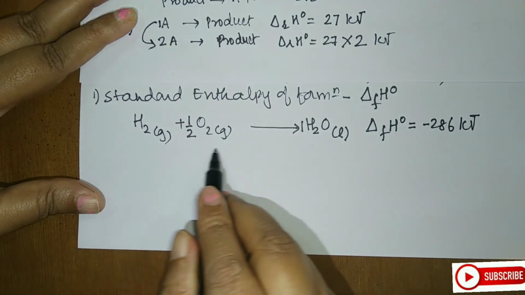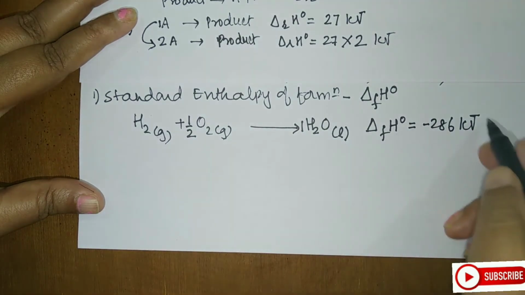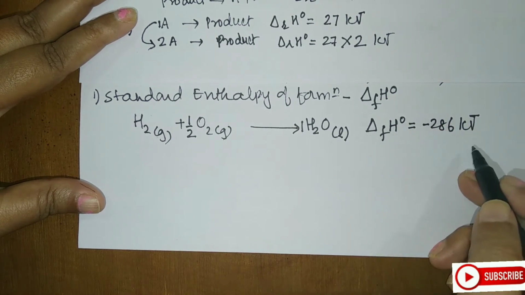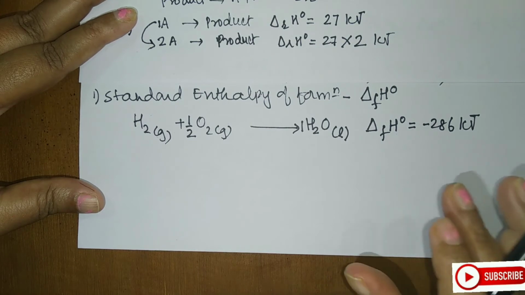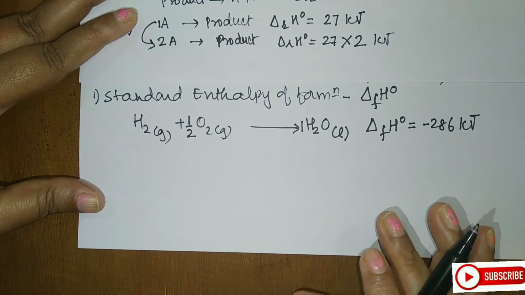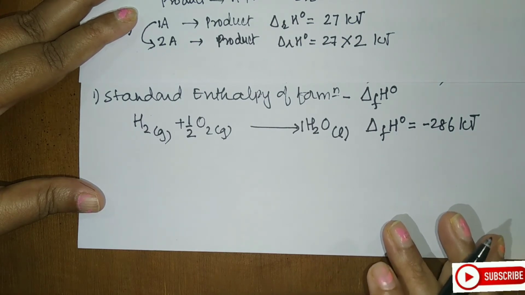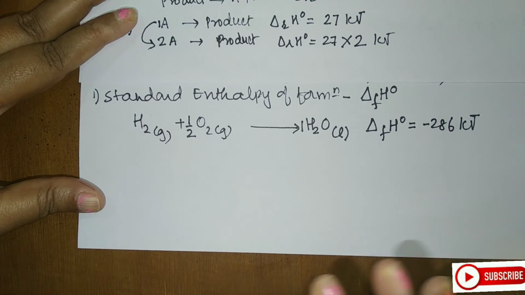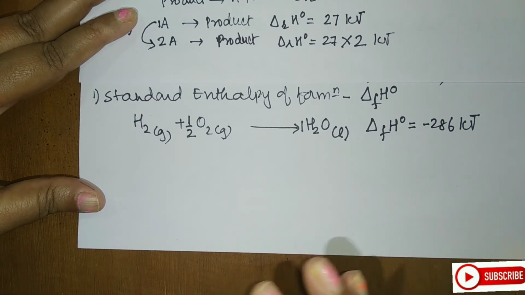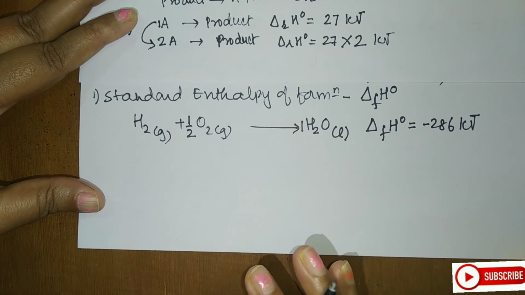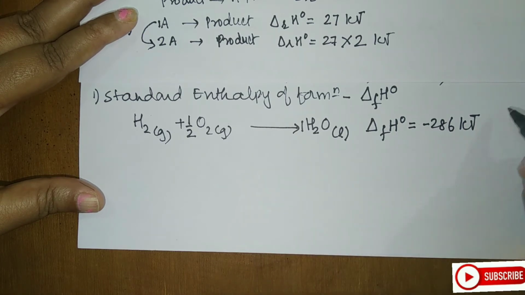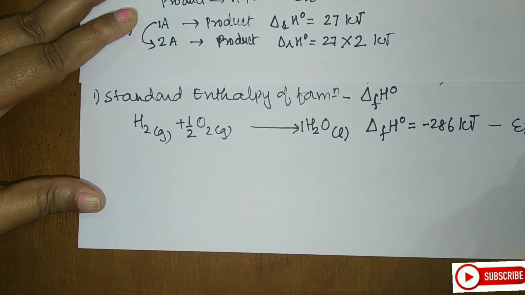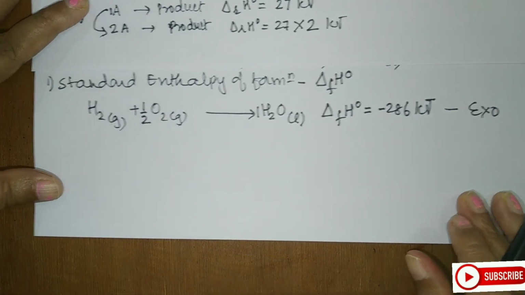Now, if you see the physical states I have mentioned, the enthalpy change I have mentioned on the right hand side, and the equation is balanced. So this is a perfect thermochemical equation for the reaction where 1 mole of liquid water in standard state is formed from hydrogen and oxygen gases in their standard states. Now the enthalpy change of the reaction that I have written here is minus 286, which means the reaction we have considered here is an exothermic reaction.